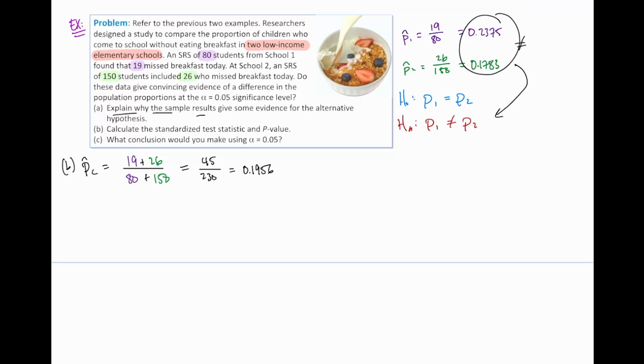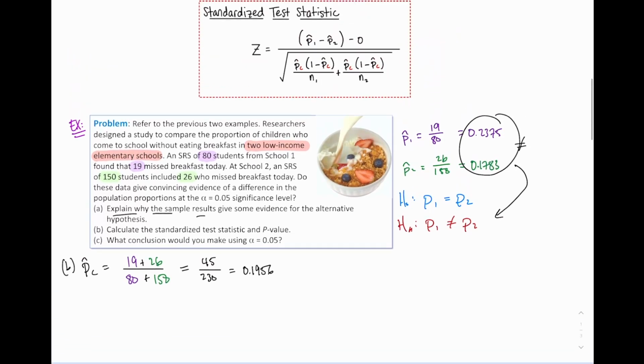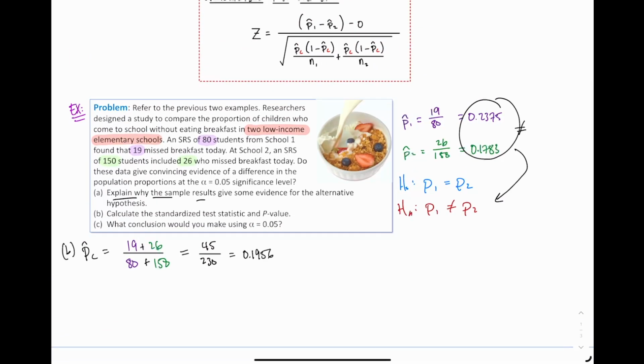I'm just doing some pausing here to make this faster. That looks to be 19 plus 26 is 45 over 230, which is 0.1956. That is our p hat combined value, and I can just plug that into our standardized test